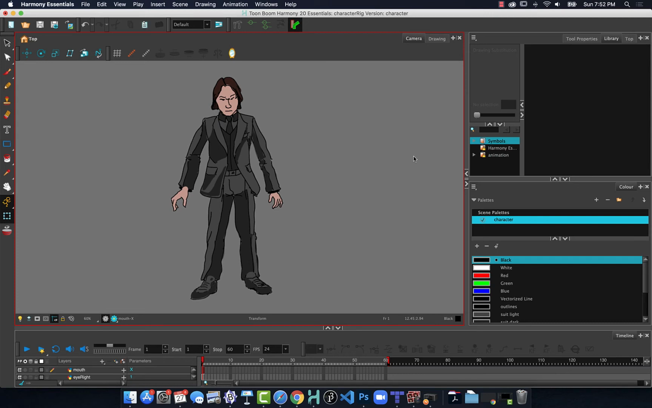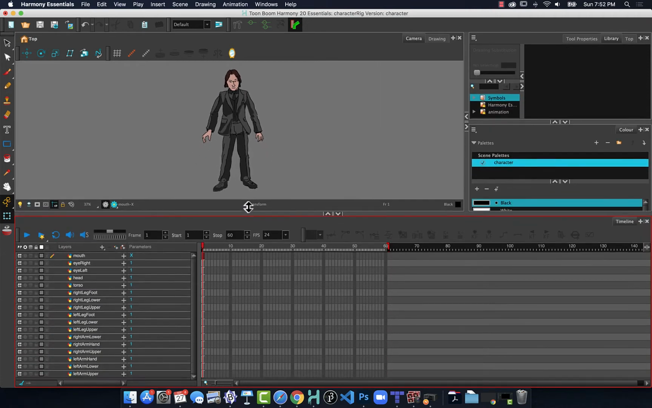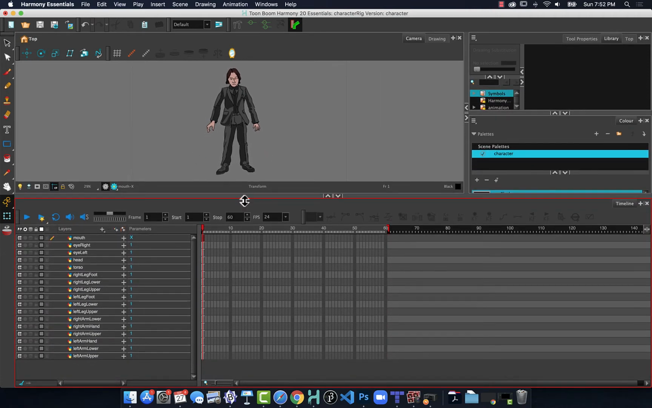Using Harmony Essentials, we're going to rig together this whole character so that it can walk, talk, jump, run, and whatever other movements you can think of to build your animation. So the first thing we're going to have to do is organize the layers into parent-child relationships. So we're going to take a look at what is happening here and see how everything is